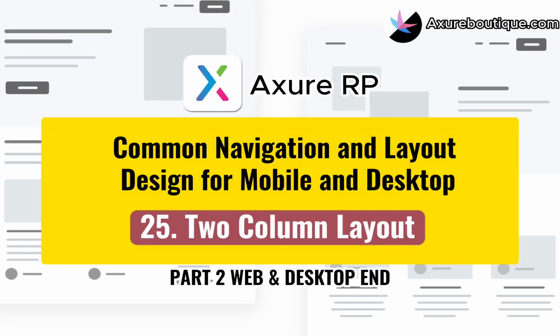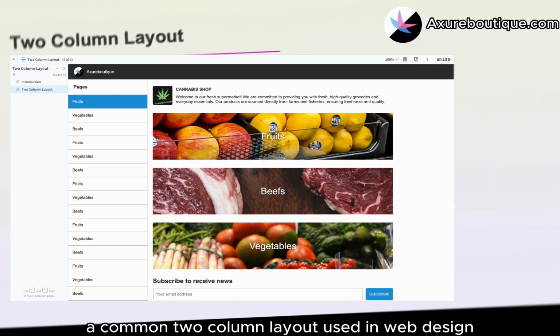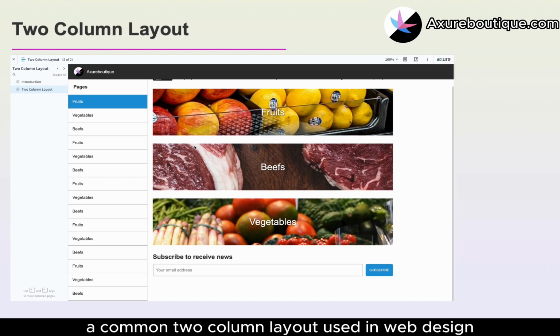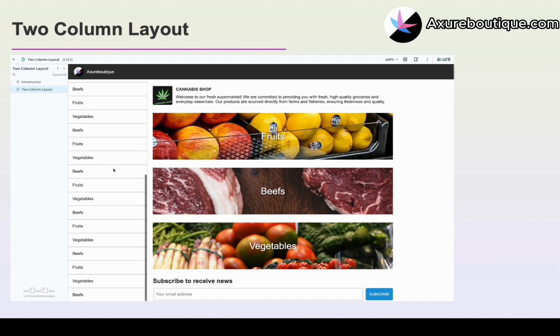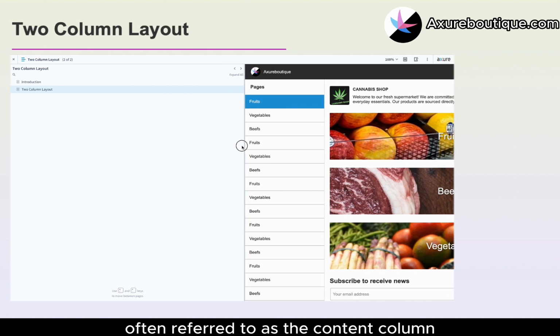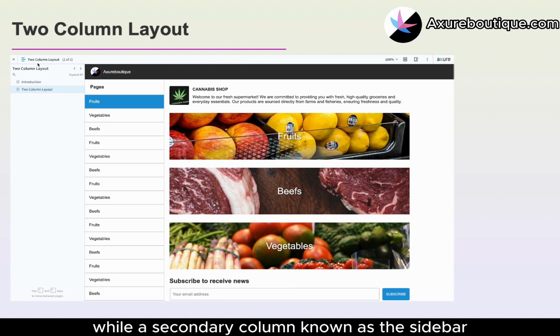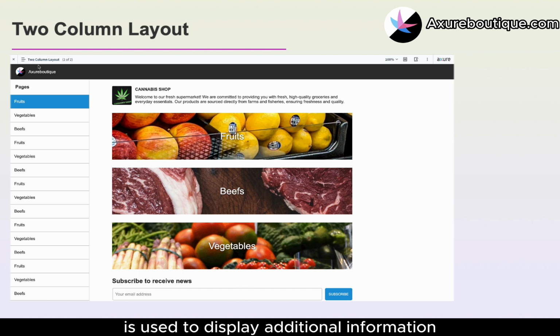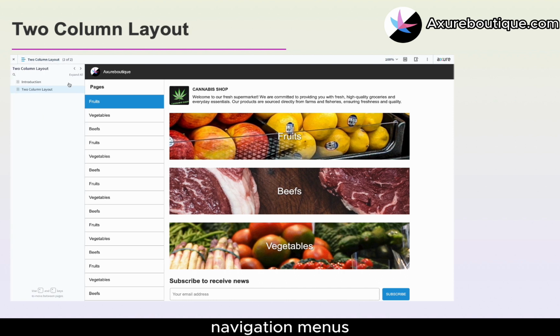Today, let's learn how to create a two-column layout. A common two-column layout used in web design is the sidebar content layout. In this layout, the main content of the web page is placed in one column, often referred to as the content column, while a secondary column, known as the sidebar, is used to display additional information, navigation menus, or related